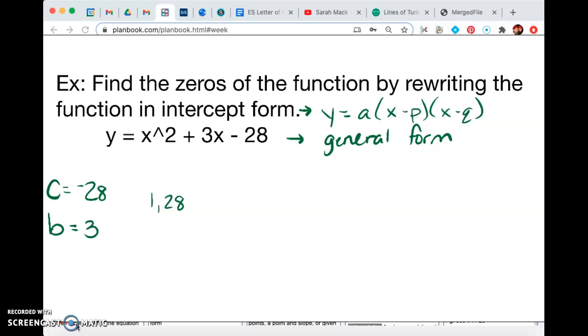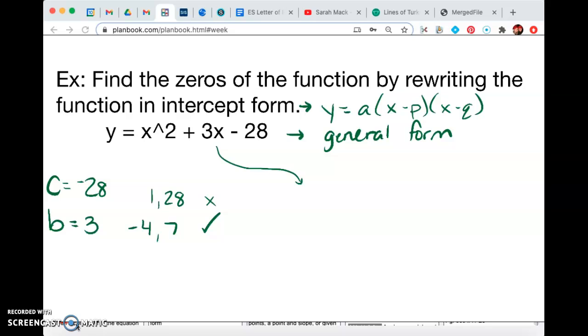Okay, 1 and 28 doesn't work. 4 and 7. Yeah, 4 and 7 work. So then, which one has to be negative? Okay. So writing this in factored form looks like